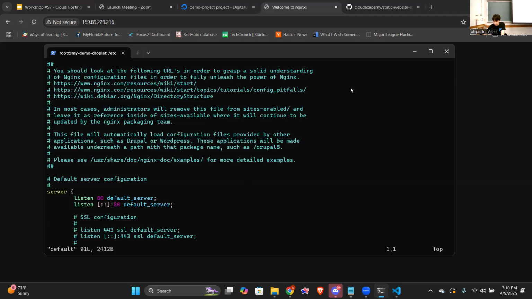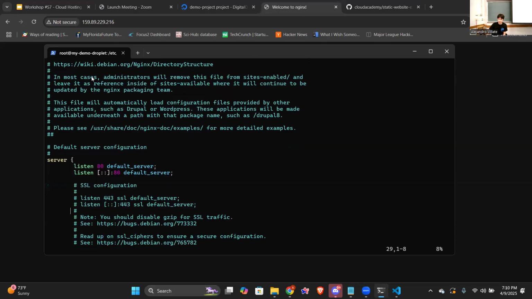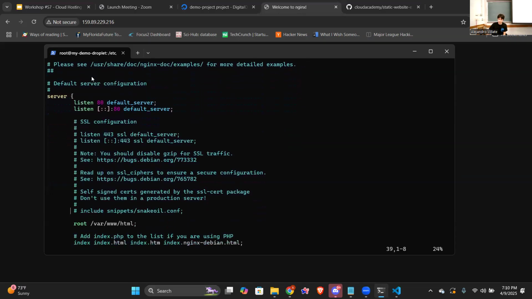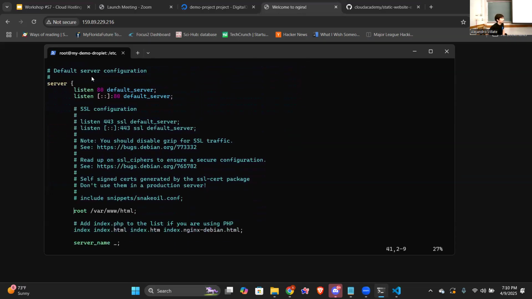Zoom is blocking stuff. Okay, all right, hit the escape key. And then you can use the arrow keys to navigate all the way down to where it says root. All the blue stuff with the pound sign next to it is just commented out, like in normal code. And then from here, we're gonna want to change the content that's being served from this default site